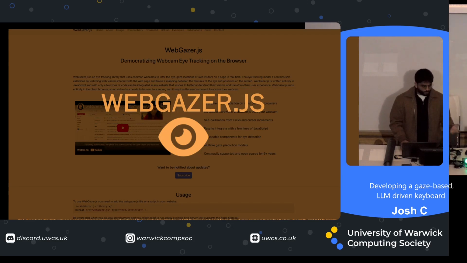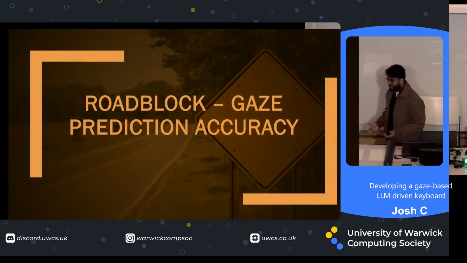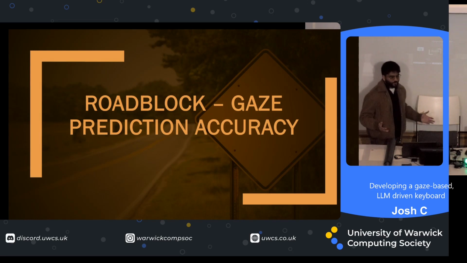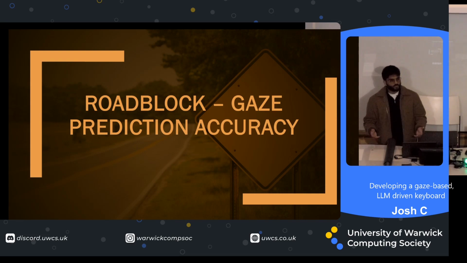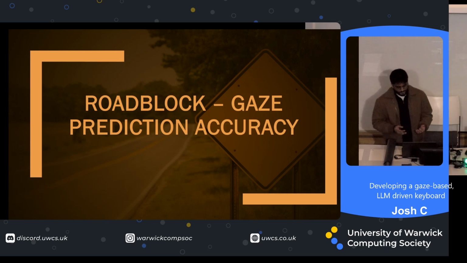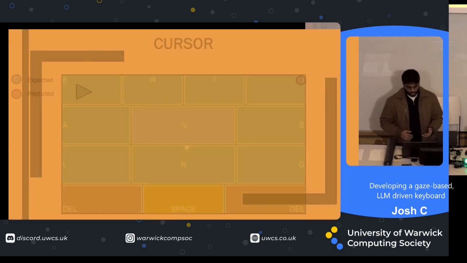stuff. But there is a problem when you're using pre-implemented solutions, and in my case, this was gaze prediction accuracy. This plagued my project for a really long time. It's very difficult using just a webcam to precisely predict where you are looking on the screen, right? That's why I have things like Tobii eye tracking systems, which are a lot more expensive and use infrared to detect the position of your eyes. So I had to come up with a solution around this, and this took form of something called a cursor,